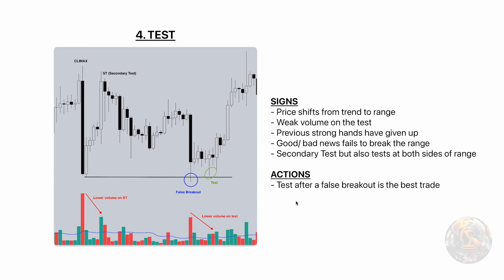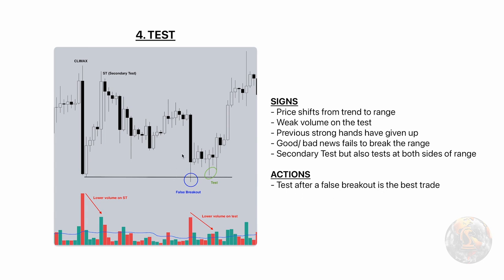Actions, okay, well, for me, personally, trading STs isn't a high probability setup. Because often, what will happen is, if you're going to trade the ST, your stop goes above the climax, and quite often you'll get stopped out because you can just get a wick, and it's still a valid ST, but sometimes it can be an upthrust, you know? Sometimes it can be a show of weakness as a test, which just means it goes slightly higher or lower to stop people out, but it's still valid. What's better, and the highest probability trade of the whole Wyckoff setups, is a test after a false breakout.